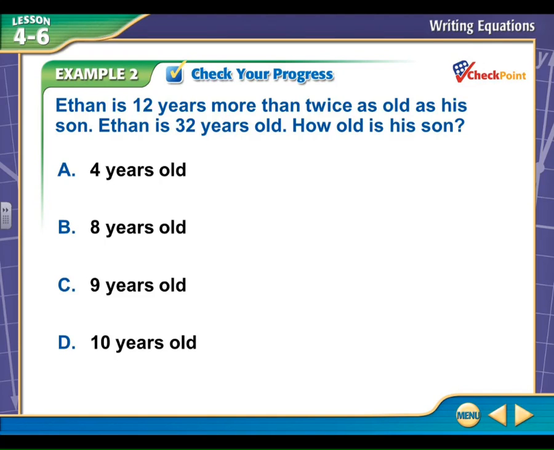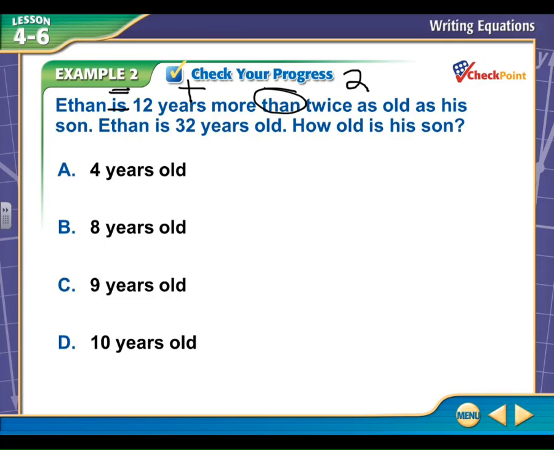All right, so let's check your progress. Ethan is 12 years more than twice as old as his son. Ethan is 32 years old. How old is his son? All right, Ethan is, that's my is, 12 years more than. So he's older, so that's plus 12 years. Twice as old as his